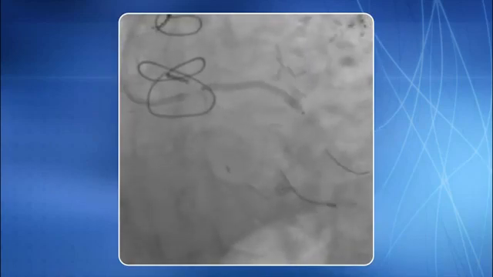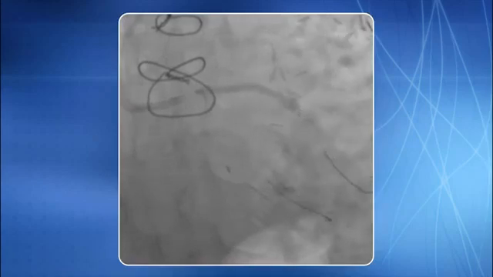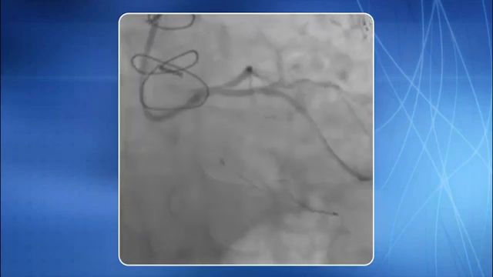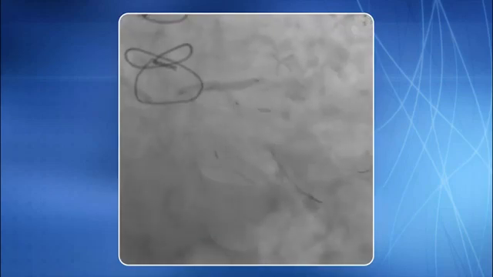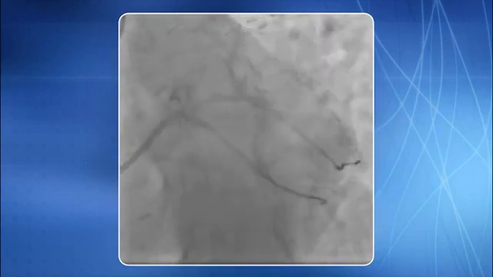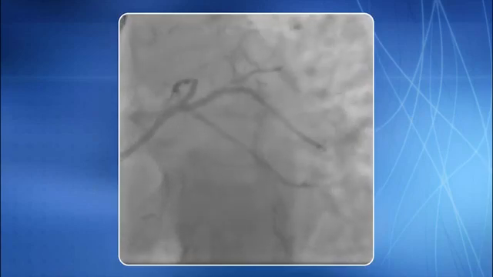Stenting of the OM lesion across the LCX is in progress now. This is a satisfactory stent result. Kissing balloon in progress. Optimal end result is seen. Another view showing the end result. Note that this was an example of provisional T stenting.